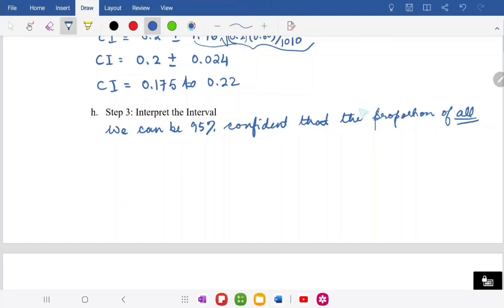So, or you can also write here population proportion, the population, all right, that the population proportion